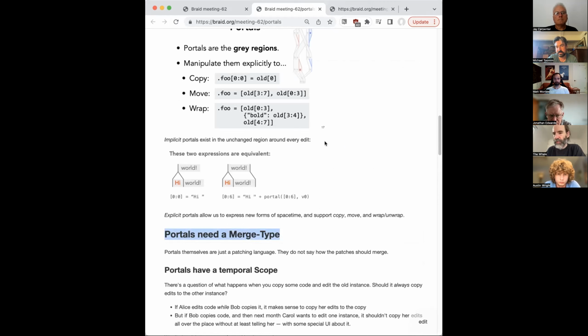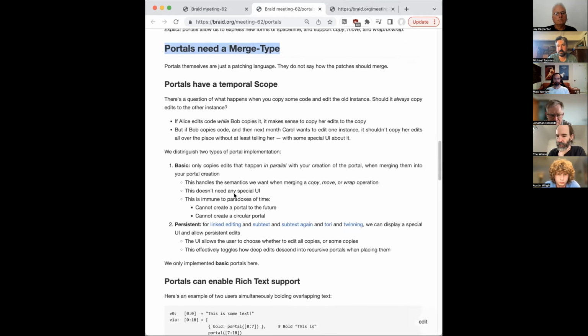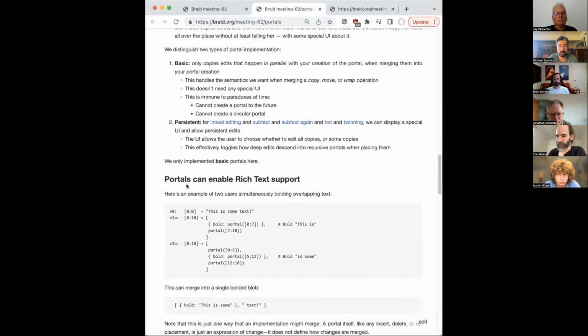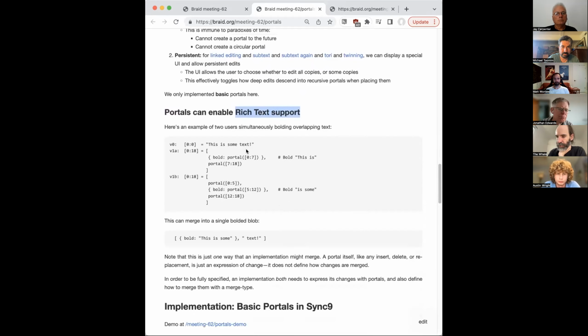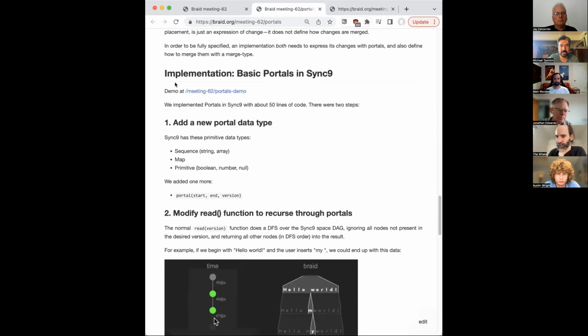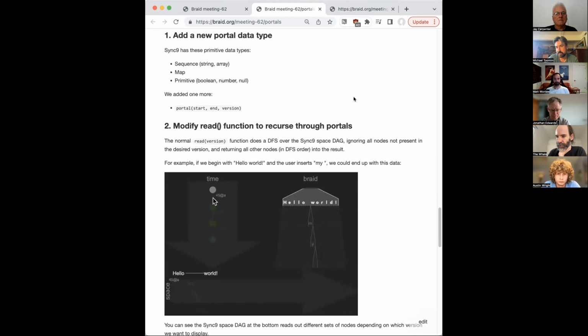So it's got three sections: a language for change, some options for how to merge things, and, if you merge them well, support for rich text edits, like simultaneous boldings of something, which I could get into. Then we've got an implementation that we're building, where we're making some merge decisions and plugging it into an existing CRDT.